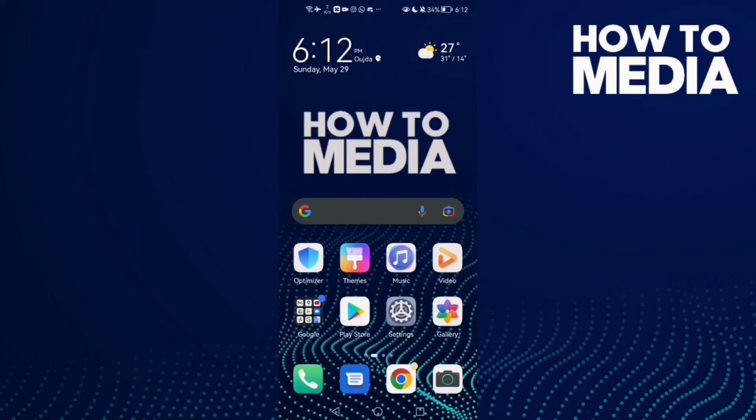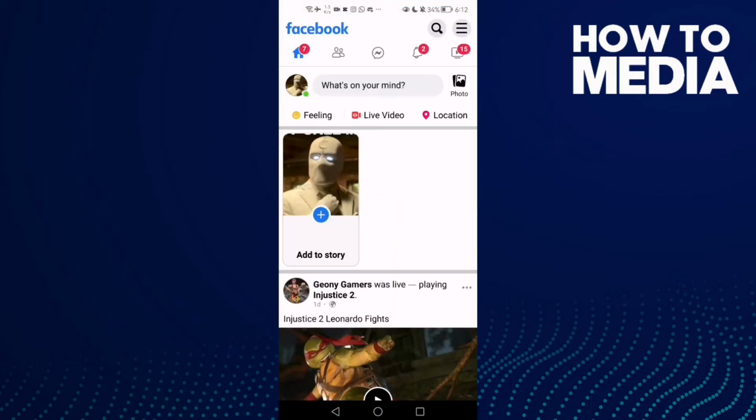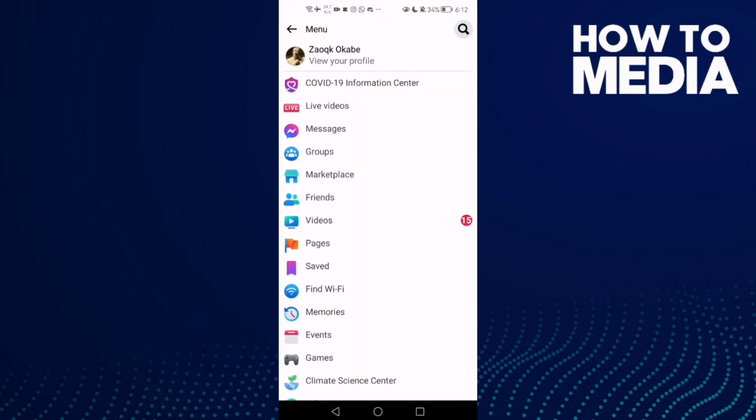How to make it so no one can see your hometown information on Facebook Lite. Hello guys, in today's video I'm going to show you how to make it so no one can see your hometown information on Facebook Lite. First thing, go to Facebook Lite and here just click these three lines in the top corner and